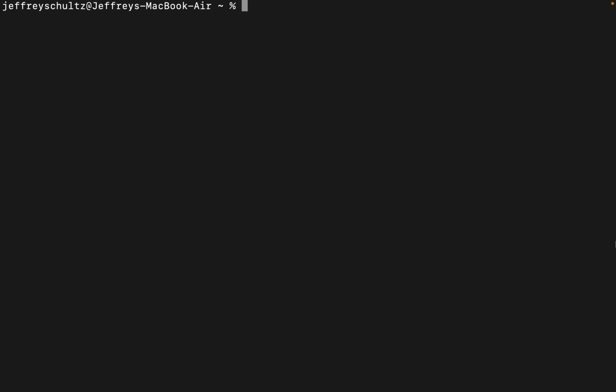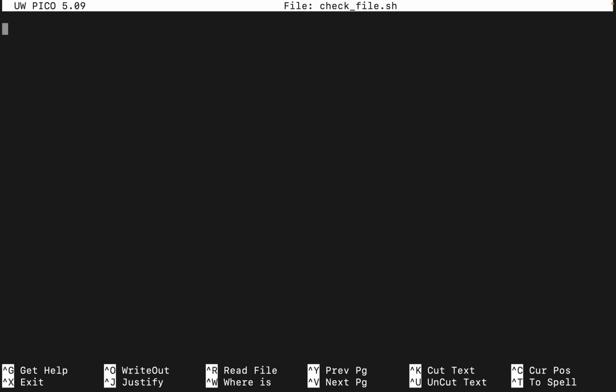So what we're going to do, we're going to check if a file exists and if it's writable. So we're going to create a file called nano, we're going to call it checkfile.sh, and we are going to write the following script: #!/bin/bash. We're going to say if, we're going to use the double brackets here. We're going to say -f and then "$1" in quotes. This is really important. We're going to say double &&. We are going to say -w. So this is writable. We're going to say "$1", just like that in quotes, and we're going to close this,